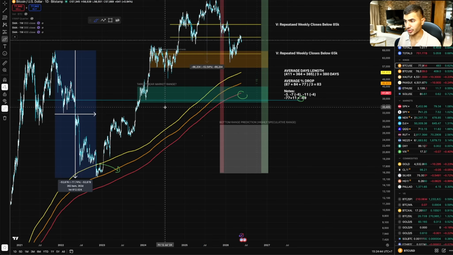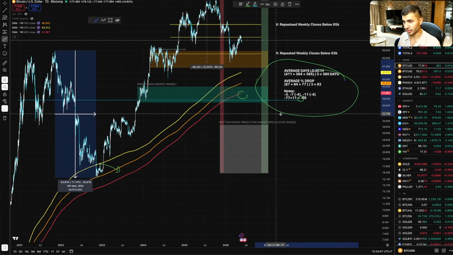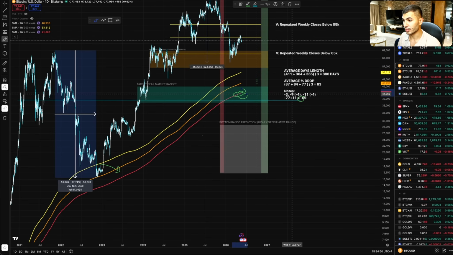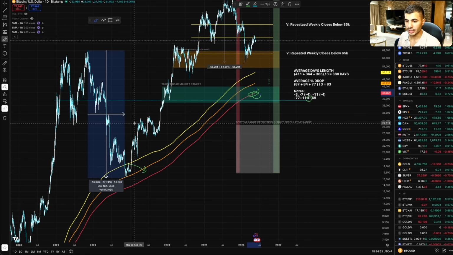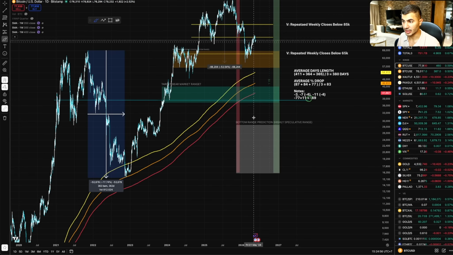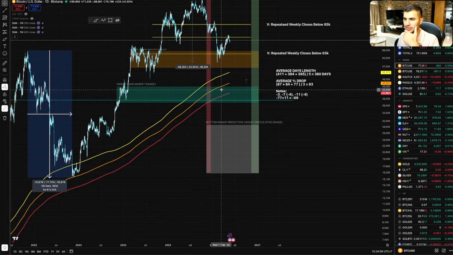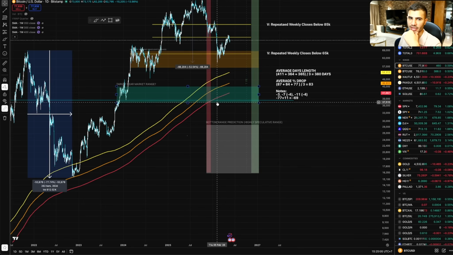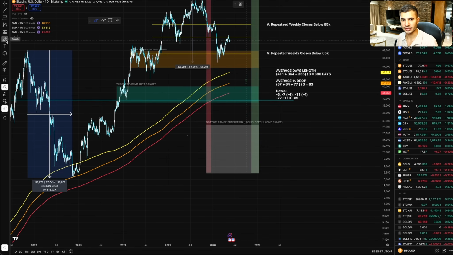So in terms of price structure, in terms of market cycle analysis, and of course applying some of our biases to it, and doing just simple calculations, it seems reasonable to me that there's a high chance we would be hitting in that zone. And therefore, you can see my target bear market range isn't really a specific date or a specific price, but rather I like to work in ranges, as that increases my odds of being correct and successfully executing my trades in a way that it's not too risky. I wouldn't be like, yeah, I really wanted the 38,000. No, I'm happy if price starts to show some strength right there.